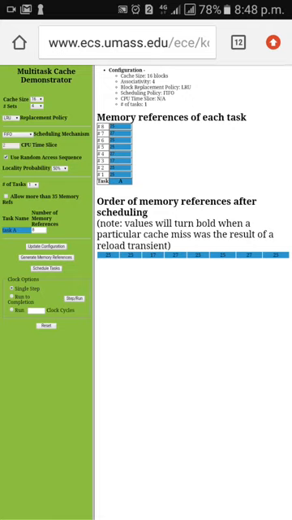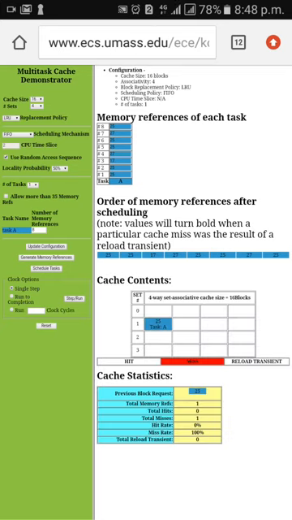Next point, clock options allows control over the number of cycles that are run upon each press of the step or run button. This option can be changed as many times as one wishes throughout the course of the simulation.